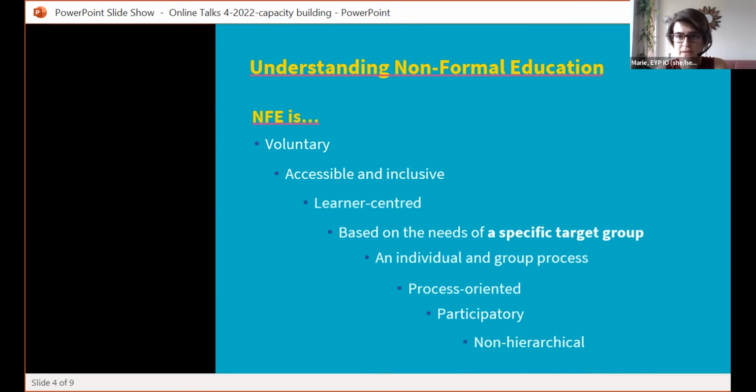And lastly, it's non-hierarchical. Of course, there are trainers, of course, there are people organizing, but they don't hold a superior position to the others. They're really here to facilitate these group processes and not to enforce any kind of discipline, also from the fact that it's voluntary. If people don't want to be there, they can leave, they have this freedom. The trainers are giving activities and facilitating these processes, but not in a top-down manner. It's really coming from the group.